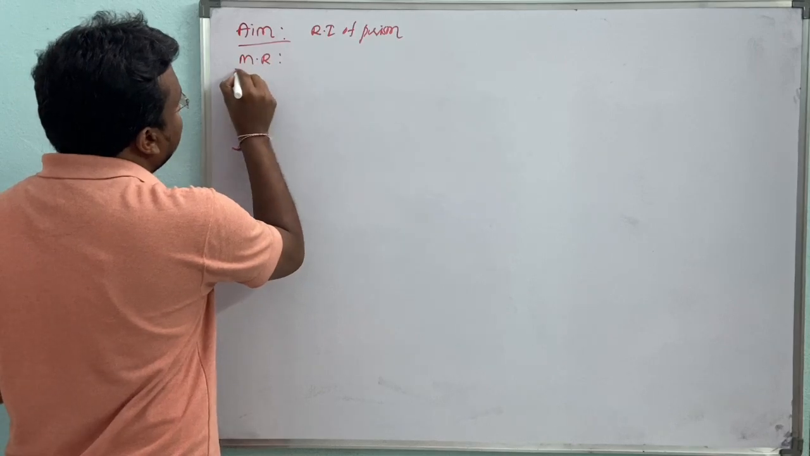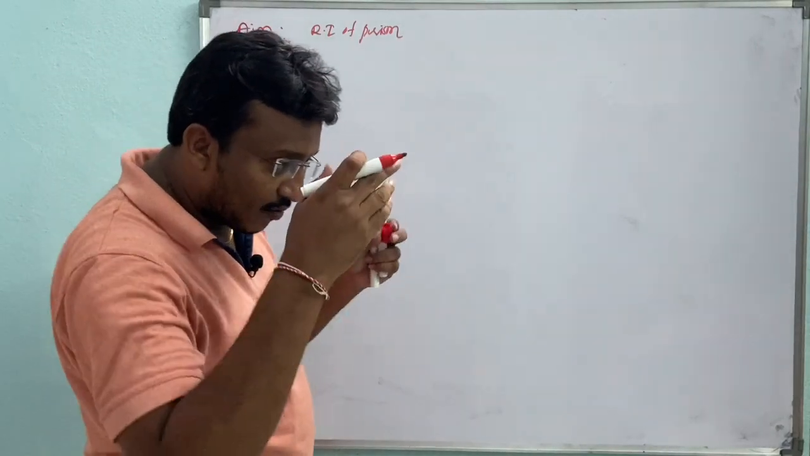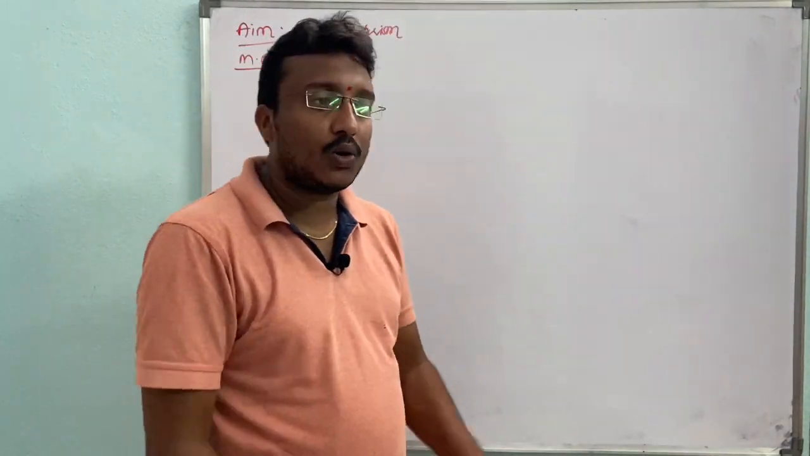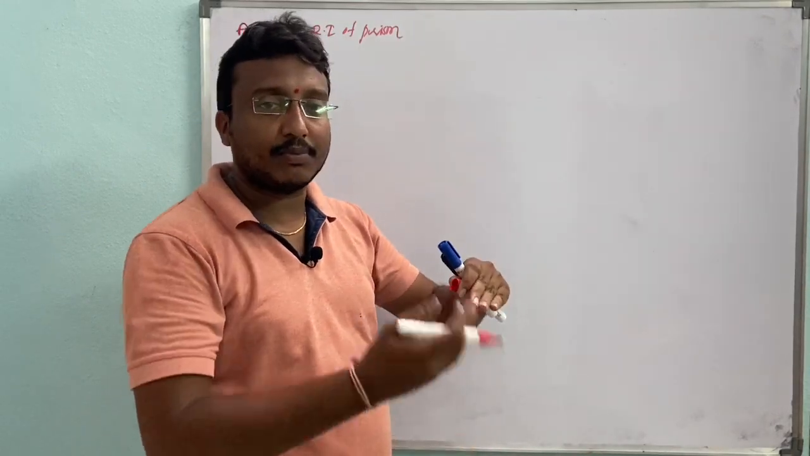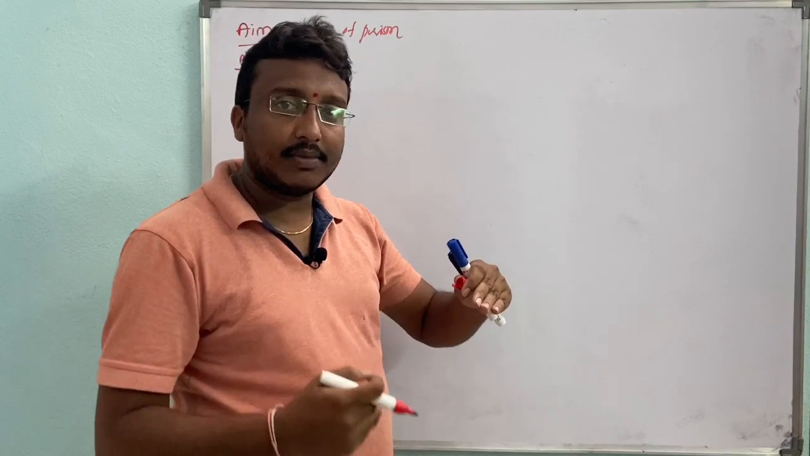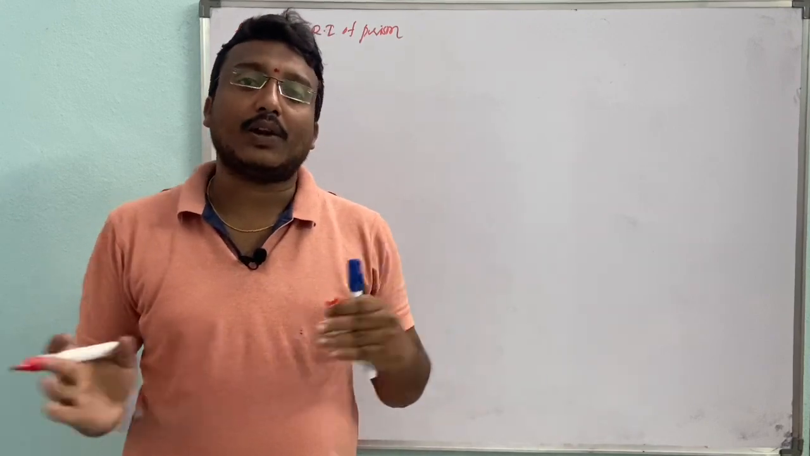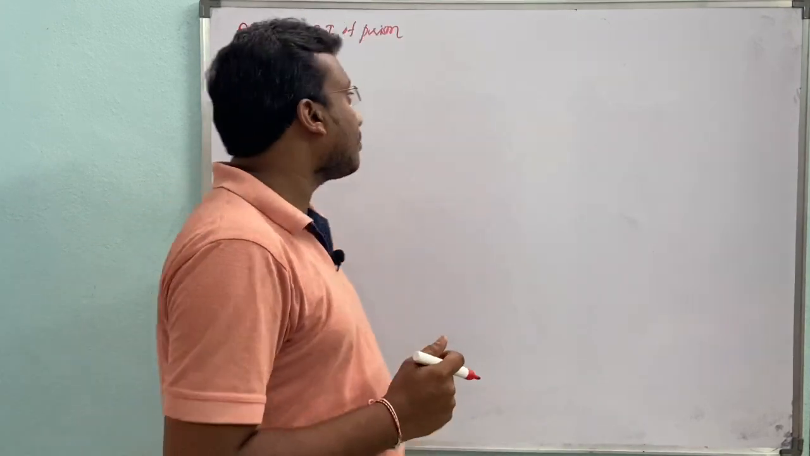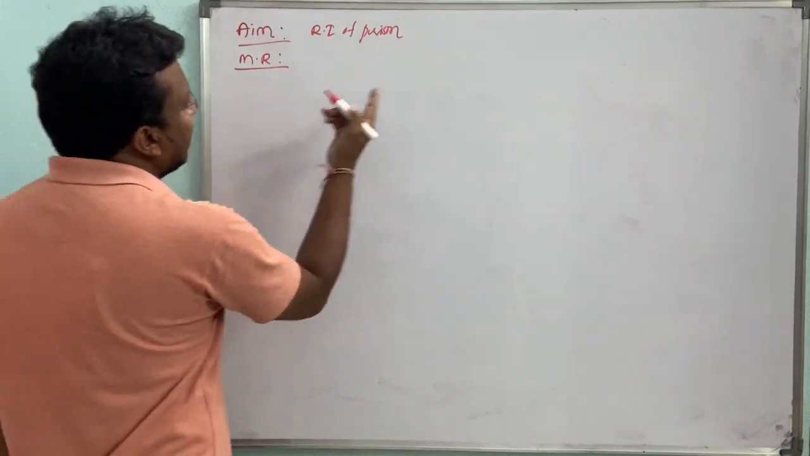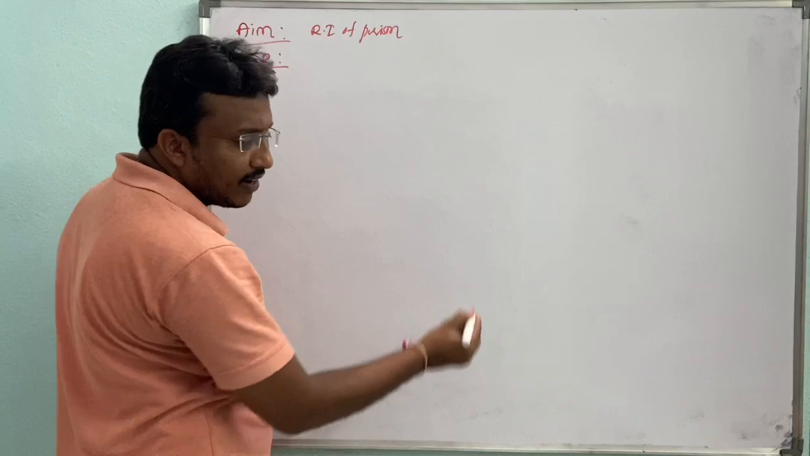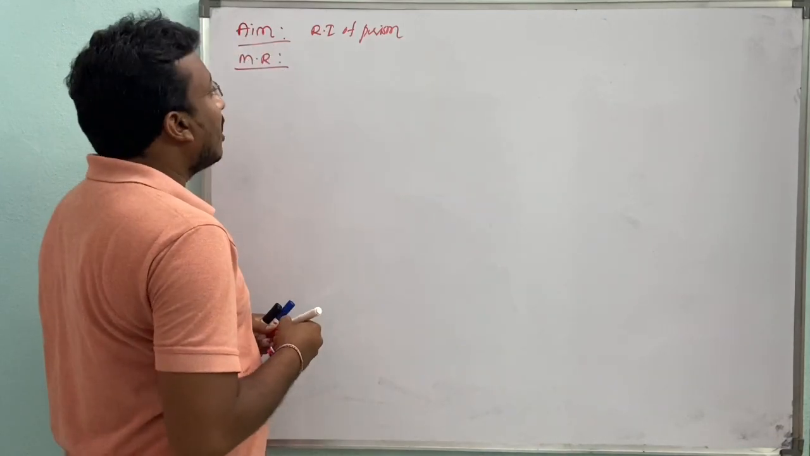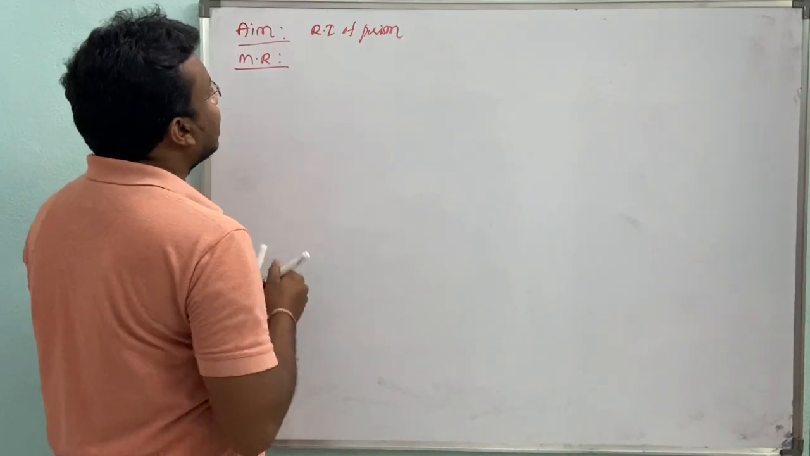We discussed many times. While writing the lab activity, we have to follow the steps: aim, materials required, procedure, diagram, observation, final conclusion. Good. Then what are the materials we require to do this activity, to find the refractive index of the prism? Here we use a prism